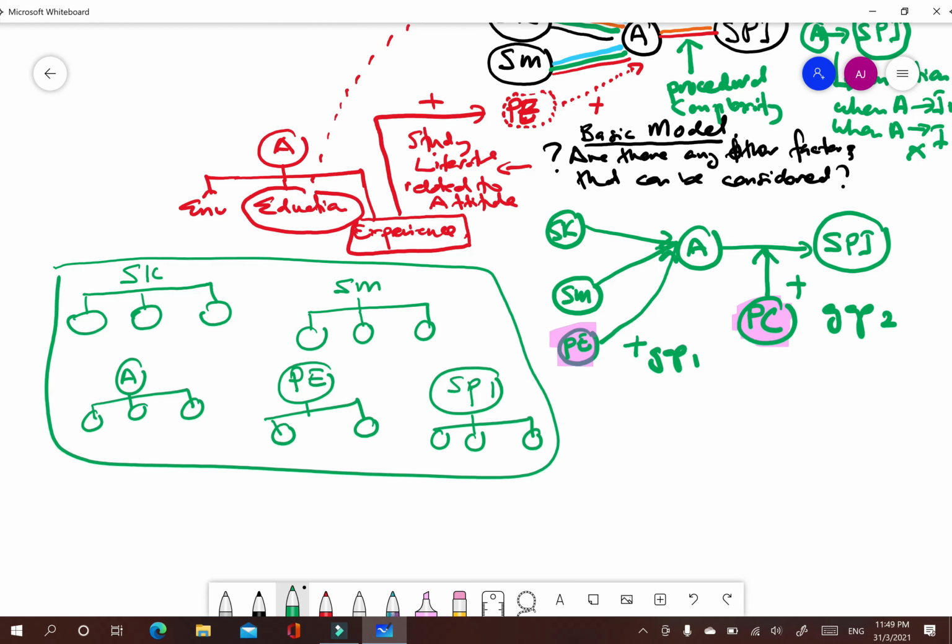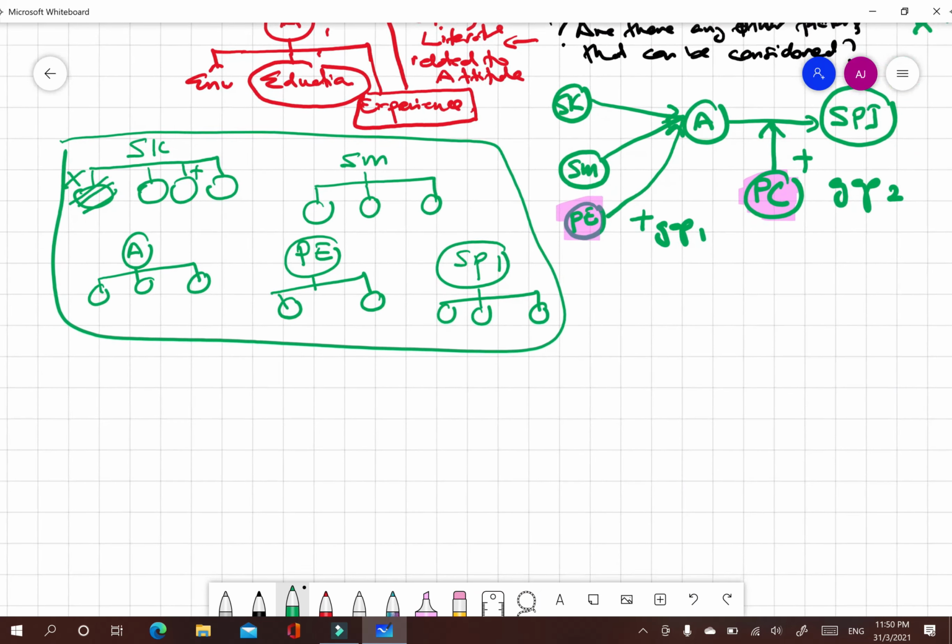So basically you have to do this concurrently. After you have an initial idea of your framework, you have to study thoroughly the components of each of the variables. In studying the components of the variable, there is a tendency that you may add or you may remove. So it depends on how thorough you do the literature review.